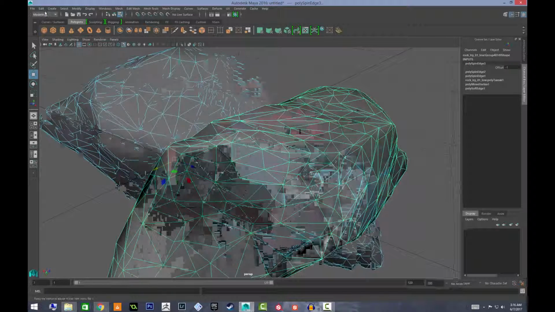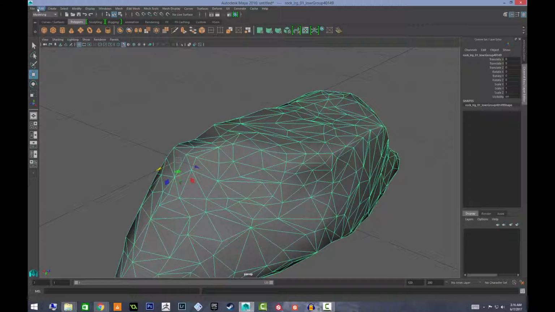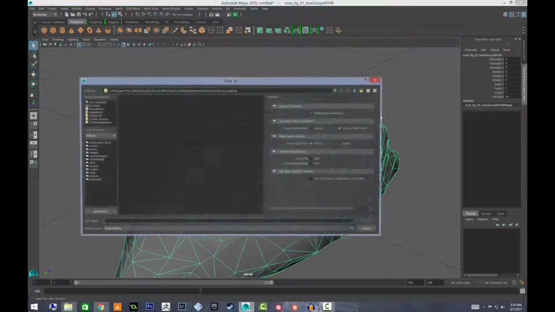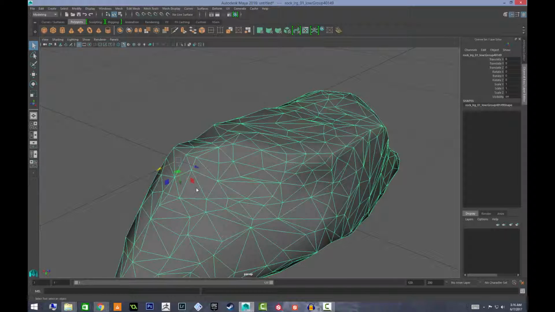Be sure to delete all by type history under Edit, Delete All by Type, History. It's a good habit to get into, and save your scene. Week 2 rock baker file. So this is just a file